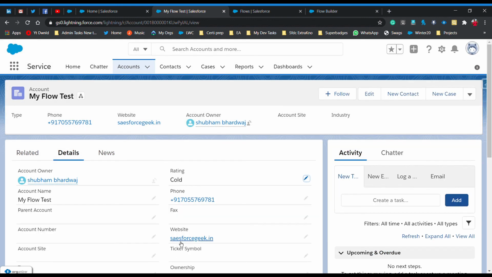So that's how you can achieve delete functionality in your Salesforce flows. And if you are working in orgs before the Summer '20 updates, you will not get the feature of record triggered flow. So then you have to achieve this functionality with the use of process builder and flow. So that's how you can use this.